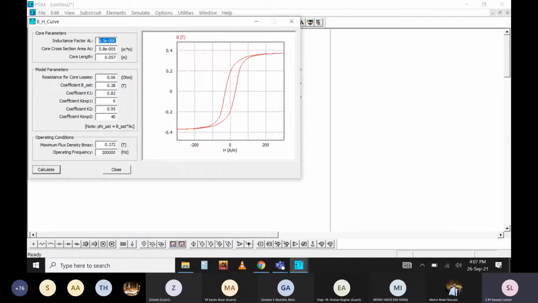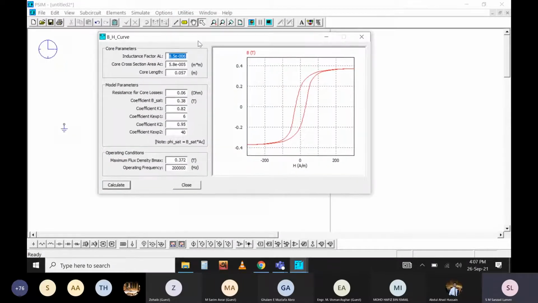BH curve. You can design a magnetic core according to your requirements. You can see the inductance has been mentioned here, like 8.5 times 10 to the power minus 6. These are the default parameters for any magnetic core. If you change a parameter, say for example I make it 0.001, calculate, and see the BH curve.